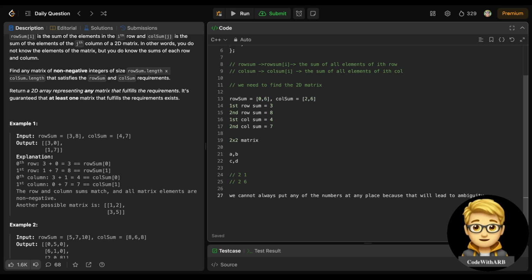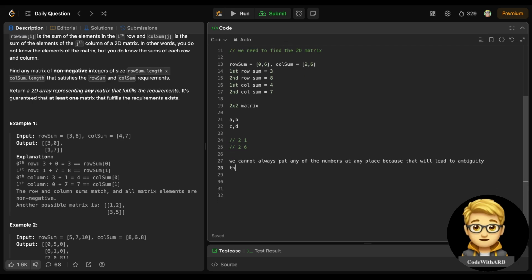The reason is that we don't know in future what elements would be required to satisfy the row sum and the column sum, right? Because if you put random numbers, suppose I have put in two,